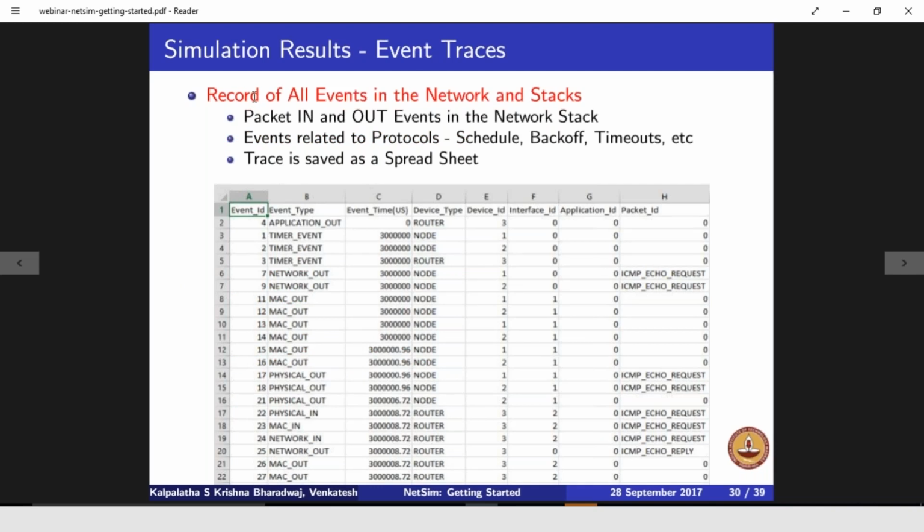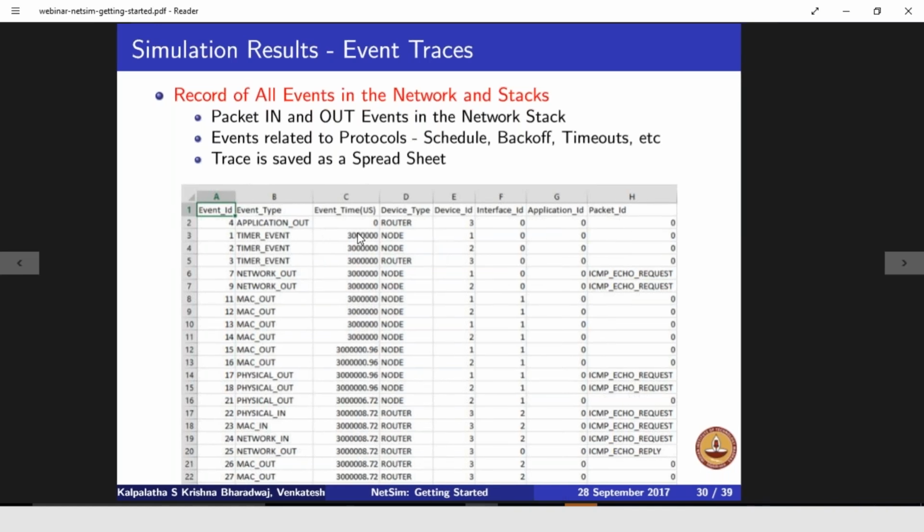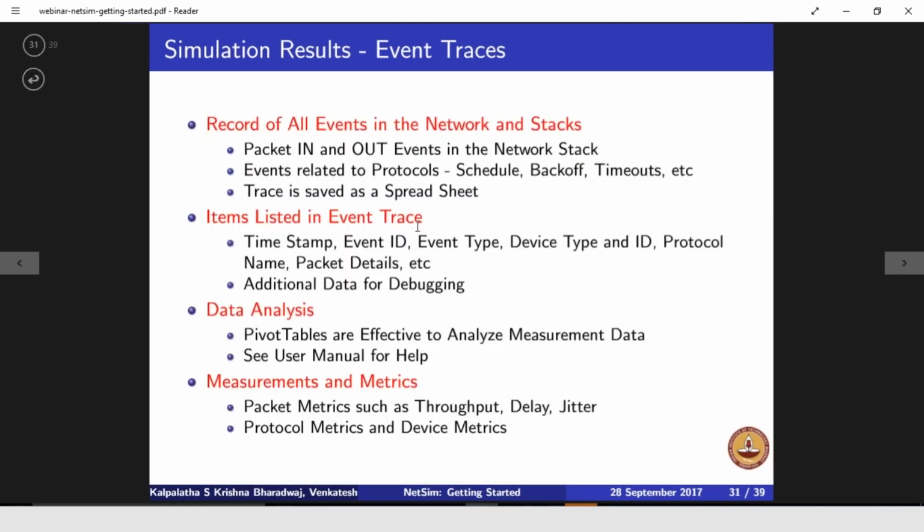We also have event traces as output of the network simulation. The event trace, in simple words, is a record of all events in the network. For example, a packet entering in and out of a network stack is an event that is recorded. There are also events associated with protocols. For example, TCP timeouts, MAC backoffs, or the scheduling disciplines, etc. These are associated with protocol engines. These events are also recorded. The trace has all the events that are actually scheduled,